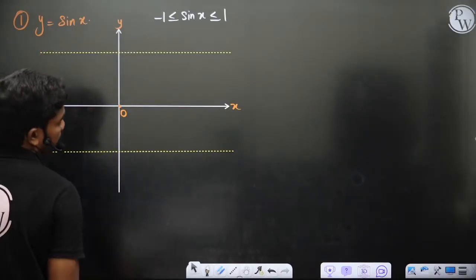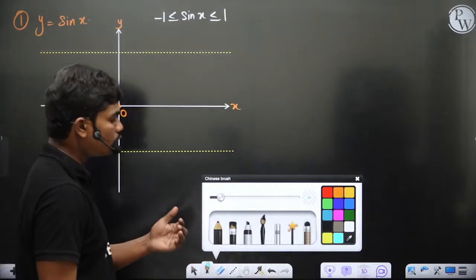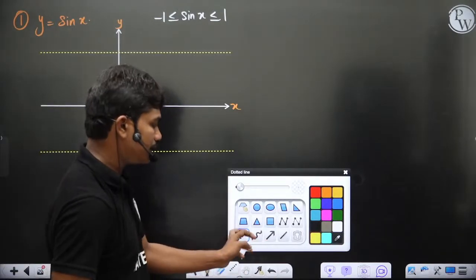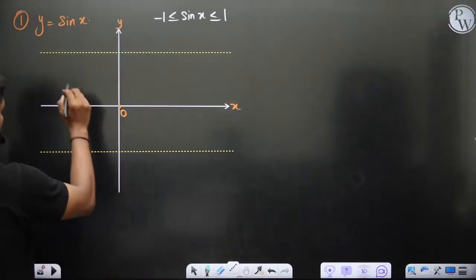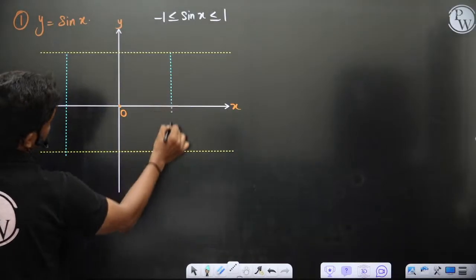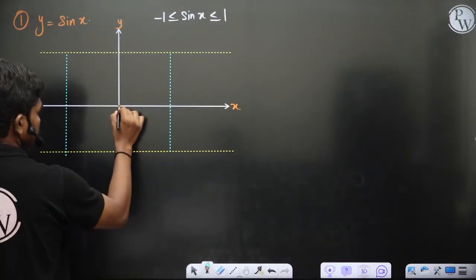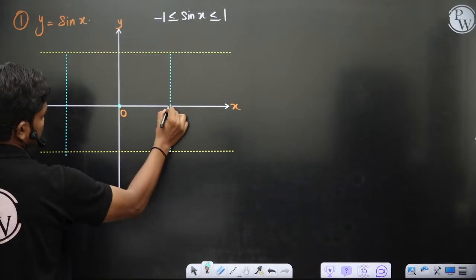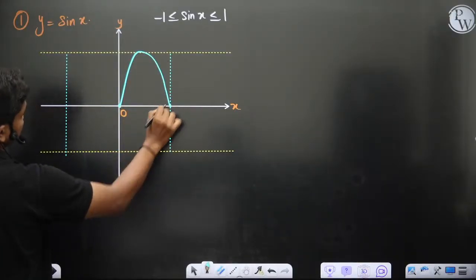Now next, second thing, look for periodicity. How do you look for periodicity? Is the function repeating? Yes, every 2 pi interval it repeats. So let's say I plot it from minus pi to pi, for example. This is minus pi, and this is pi. Clear? Then from 0 to pi, you know the graph of sin x, you can plot it. It goes to pi by 2 and comes here, and similarly